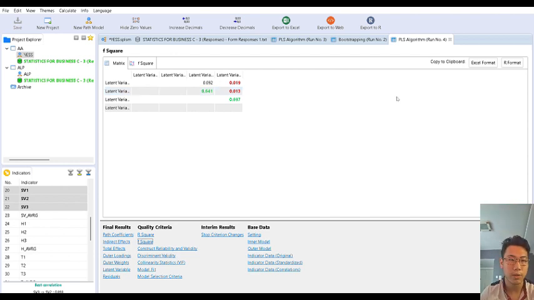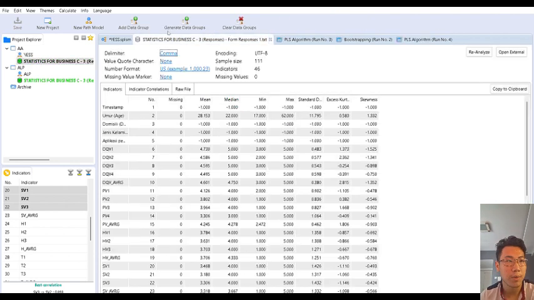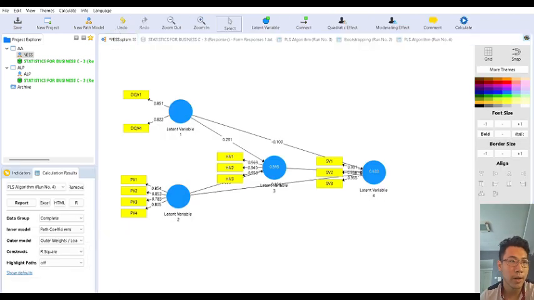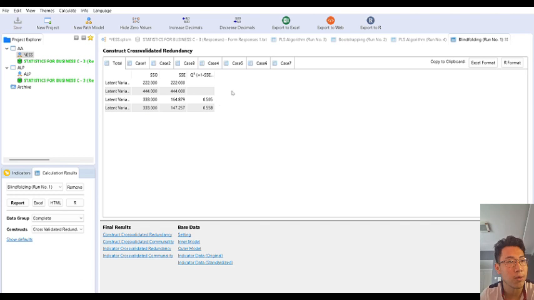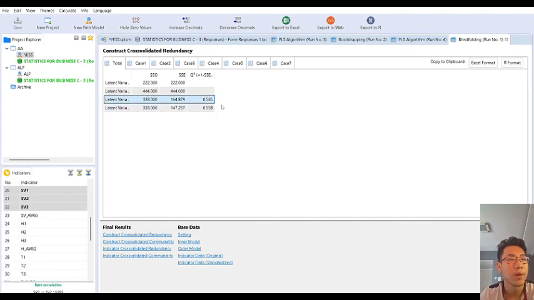So the next thing we're going to do is check the reliability of the data. For this, we're going to use three methods, which are Cronbach's alpha, rho_A and AVE. For the first one, Cronbach's alpha, one value is red, below 0.7, which means that data is not reliable.